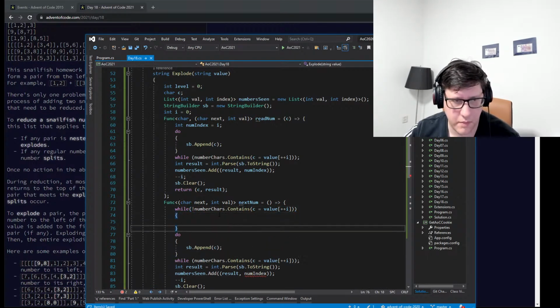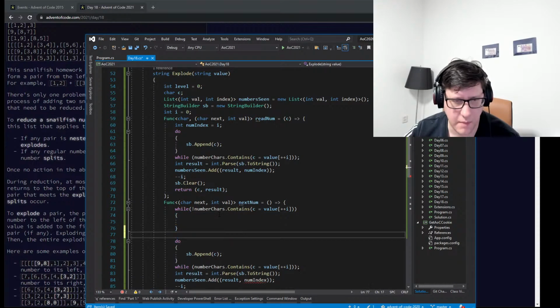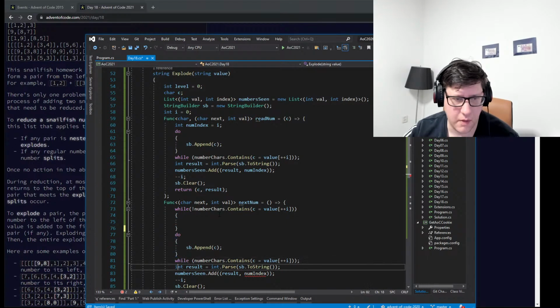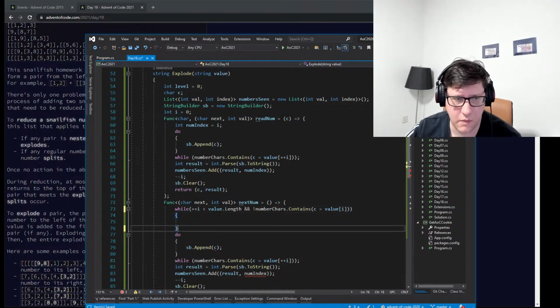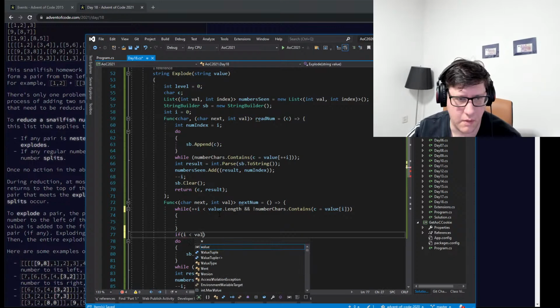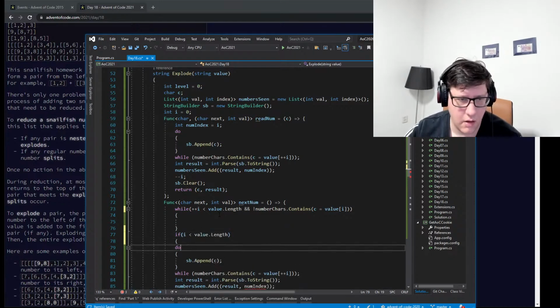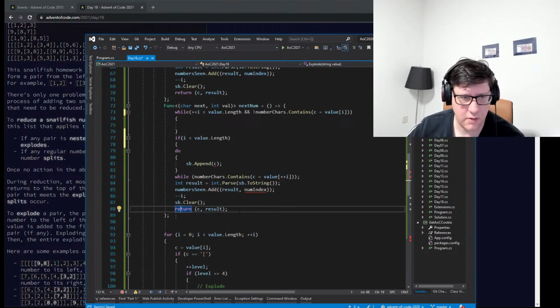So an empty while loop. This will skip all the non-number chars, and then we can do this part. So we can say while ++i smaller than value.length, and we do this, and we do if i smaller than value.length. And then we do this whole part,